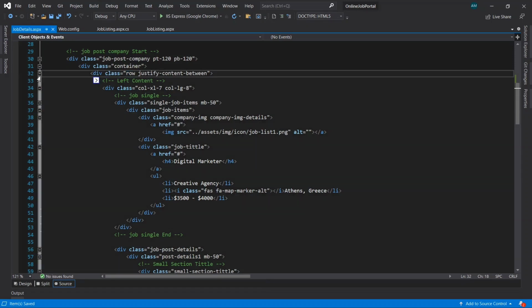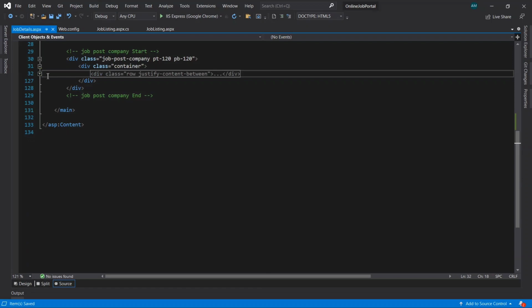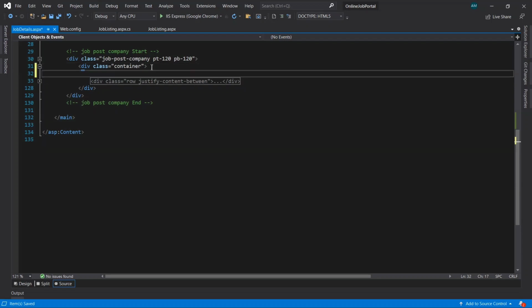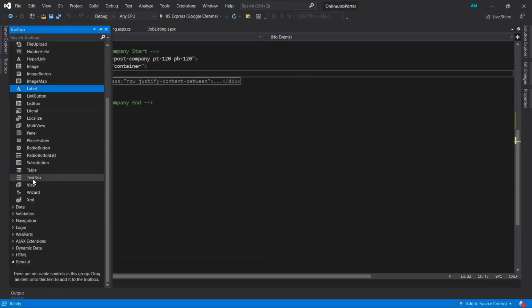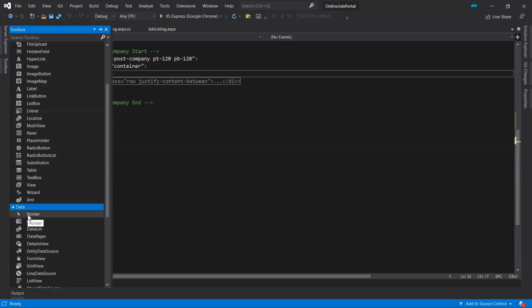Okay, so let's close this. Go to toolbox, inside data, double click on data list.